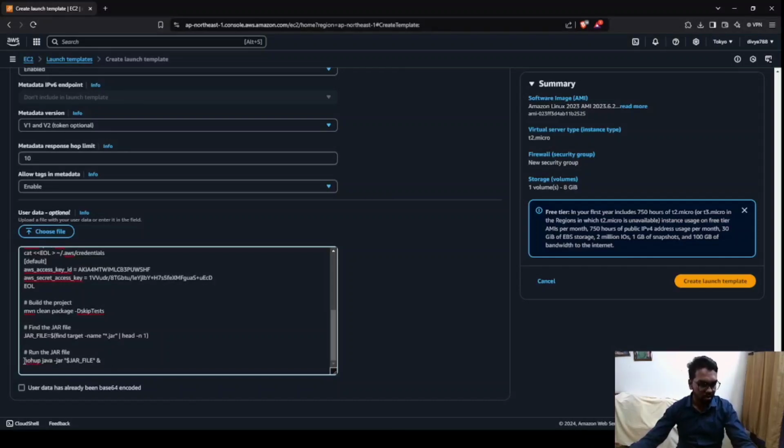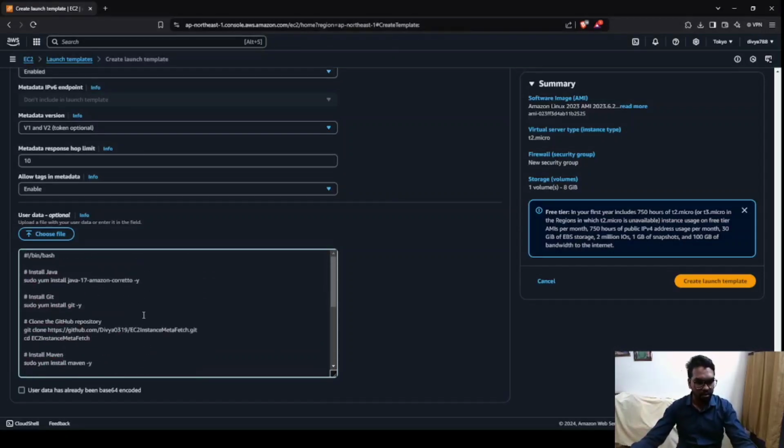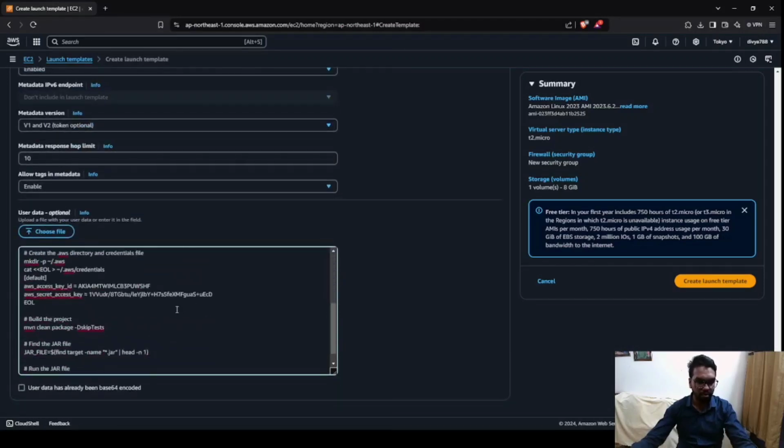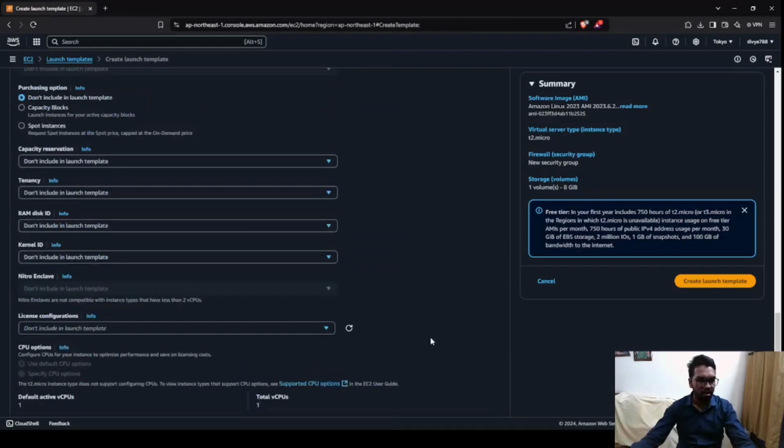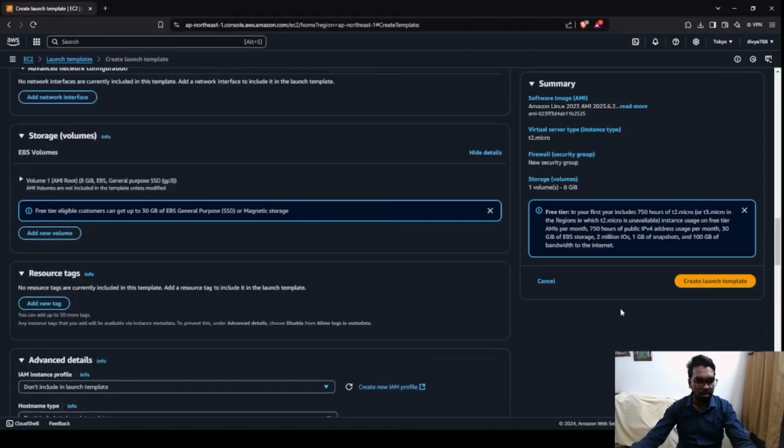So in case you want to see whether the application has run properly or not, or on which port it is running, this line makes sure that you can access the overall console output which the application has generated. So this is all the script which we need for running our application initialization script. Now we have to create this launch template.